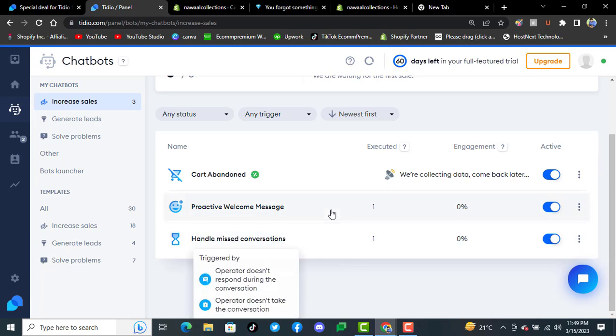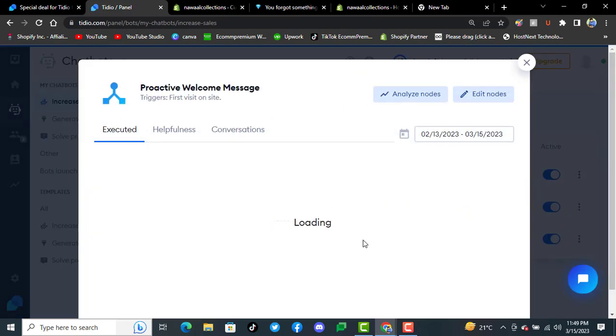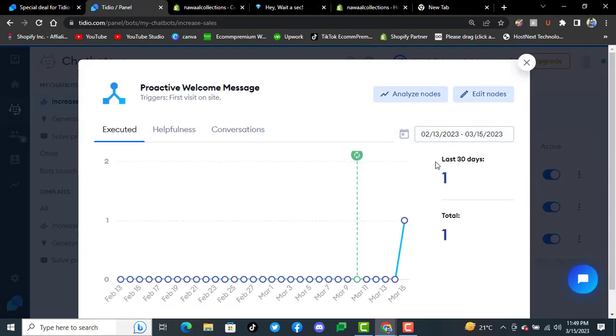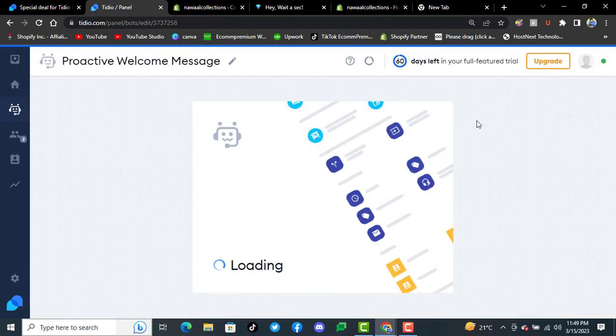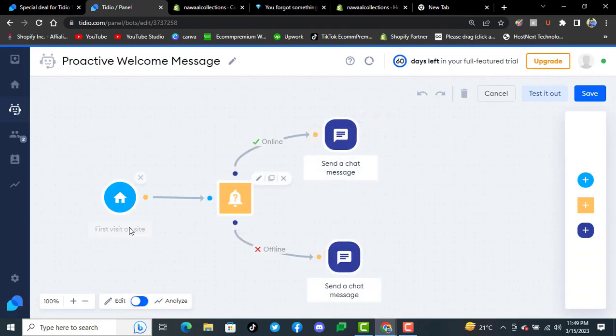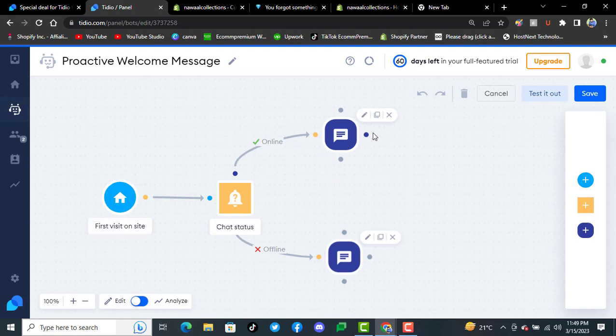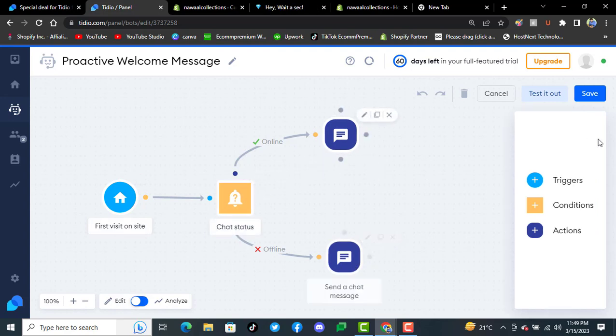You can also edit these, and you can also see the stats, and you can edit notes by clicking on edit notes like this. First visitor on site, chat status, send a chat message. Okay,